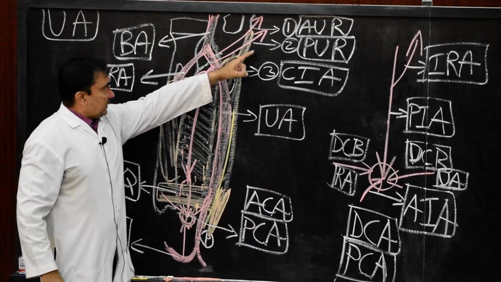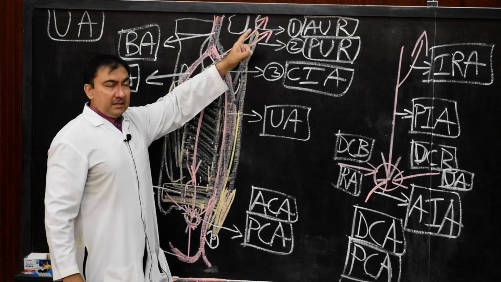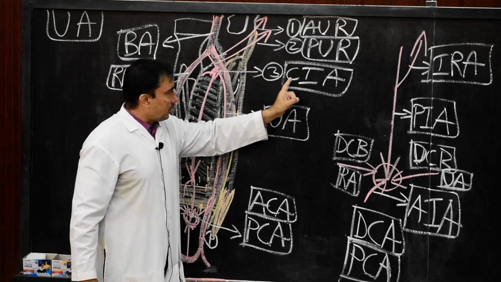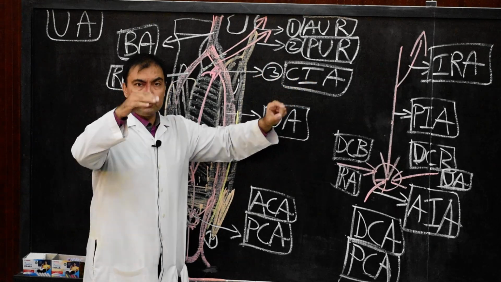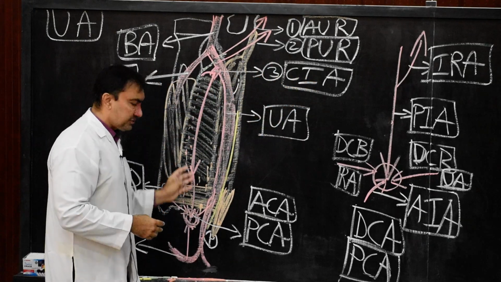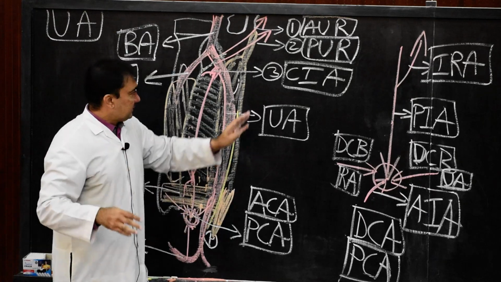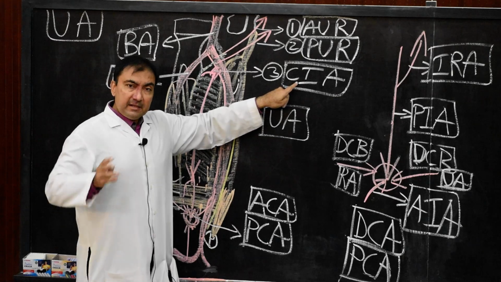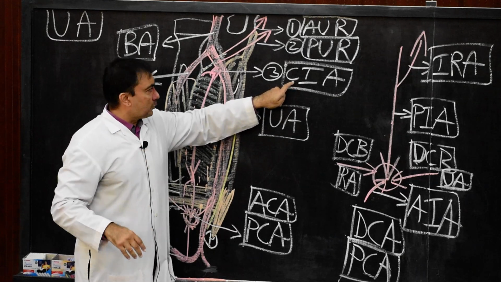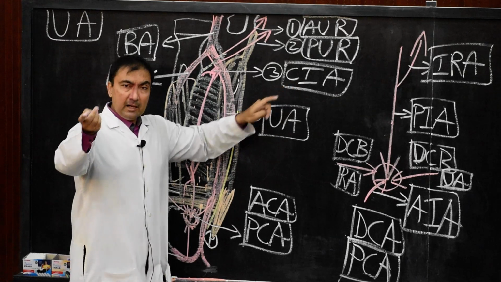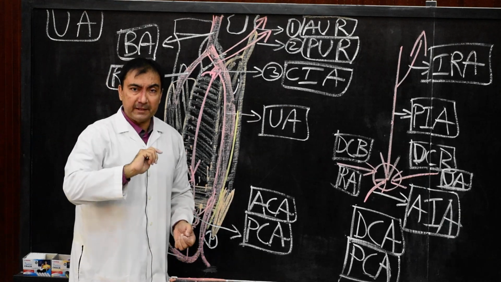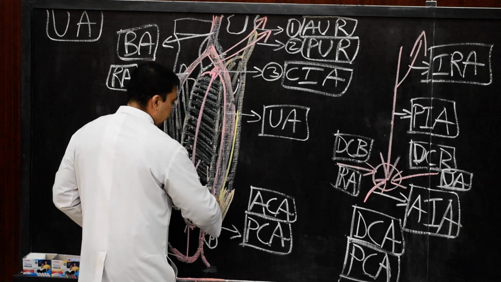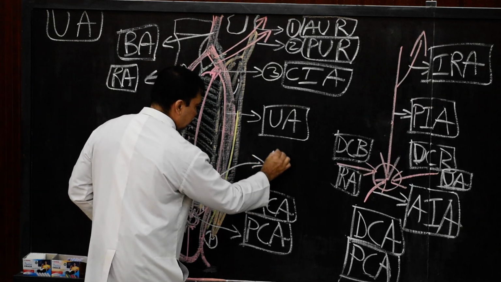Therefore, here the branches of the ulnar artery: number 1, anterior ulnar recurrent; number 2, posterior ulnar recurrent; number 3, common interosseous artery, in which we have traced the anterior interosseous artery and posterior interosseous artery both. 3 branches till common interosseous artery. Anterior and posterior interosseous arteries are branches of the common interosseous artery. Now branch number 4 and branch number 5. What are 4 and 5? Very simple. If I consider this as branch number 4,